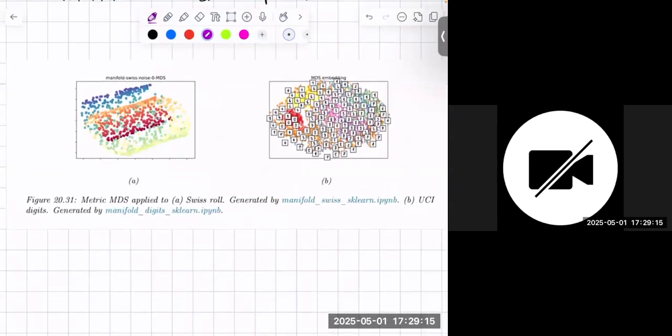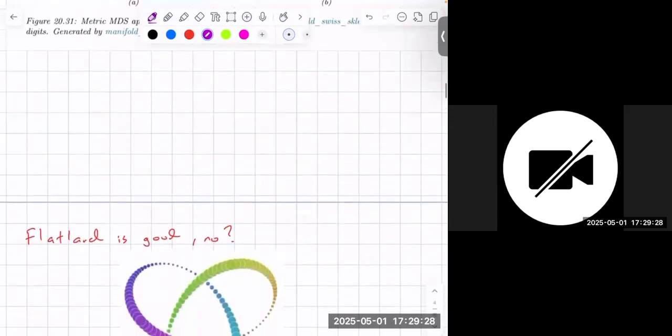And metric scaling applied to that Swiss roll is illustrated in front of you. You're reducing that 3D data to 2D, and you more or less preserve the structure, as you see. Okay, now,